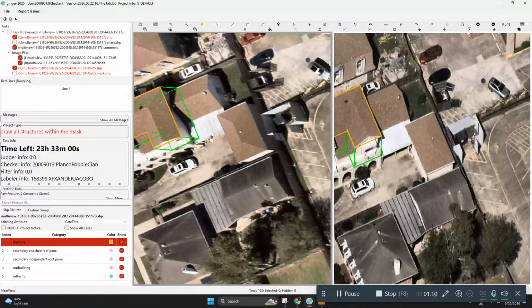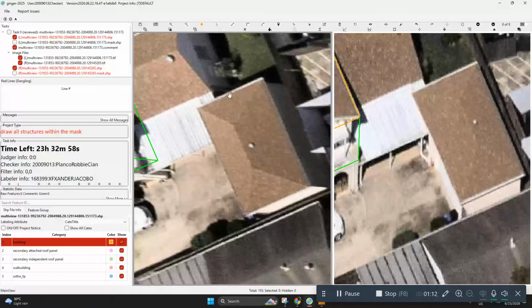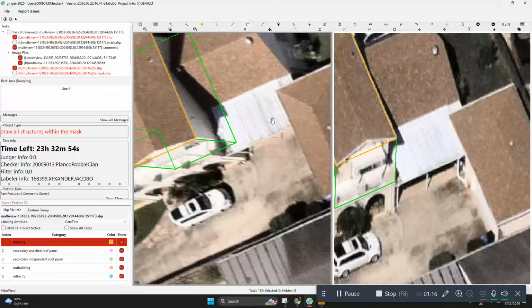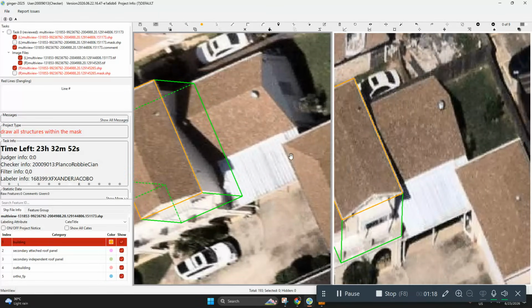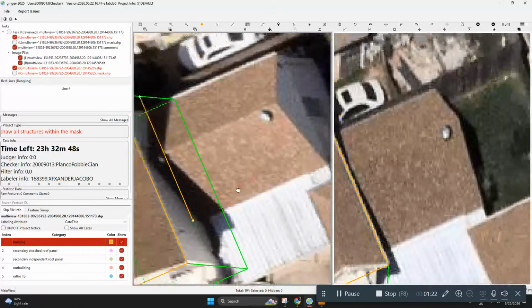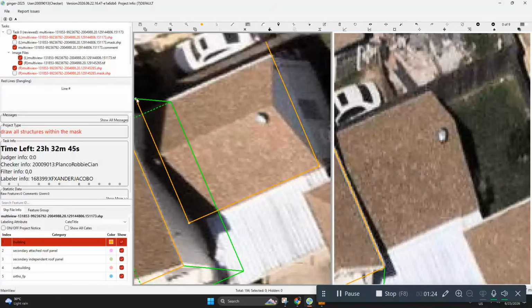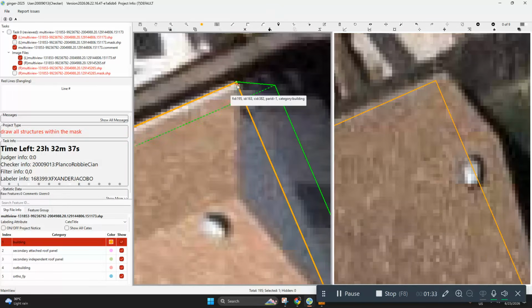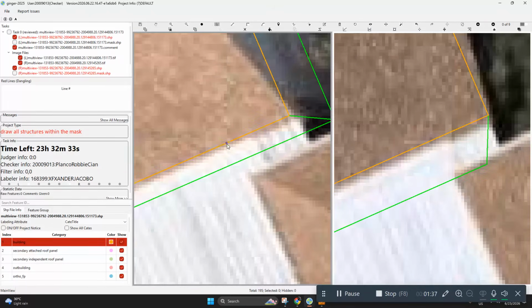Since this whole area should be one building only and it is connected, this will be part of the building, but we will change it to attachment or secondary independent attachment later. Capture this one and use Alt to adjust. Okay, again, like so. Next is this one.